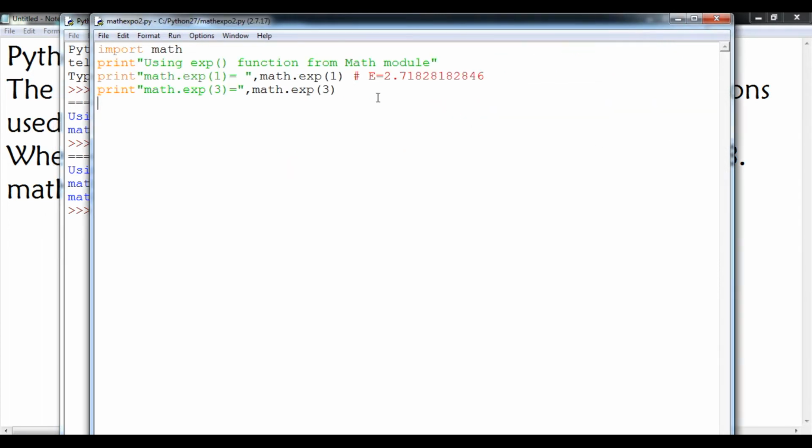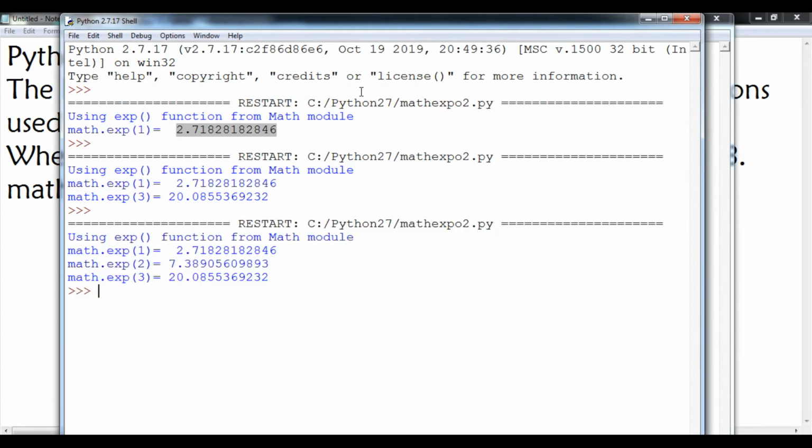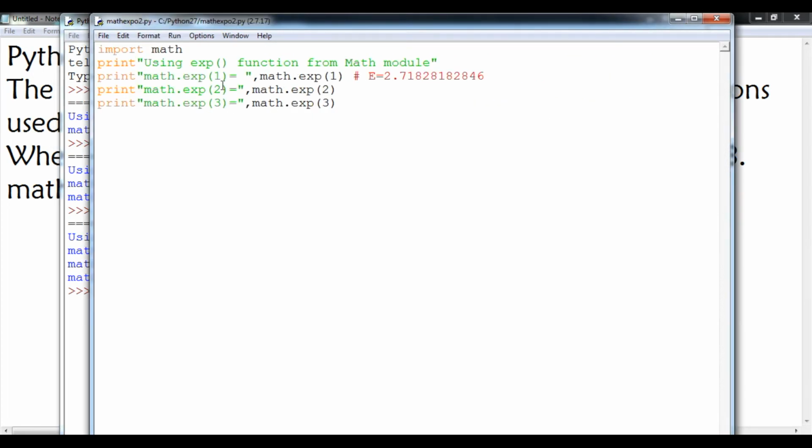If I use the same thing with the exponent value 2, let's see what the output will be. It will be 7.38. So actually it is Euler's value, and its power we are giving here: power 1, power 2 and power 3. The output will look like this.